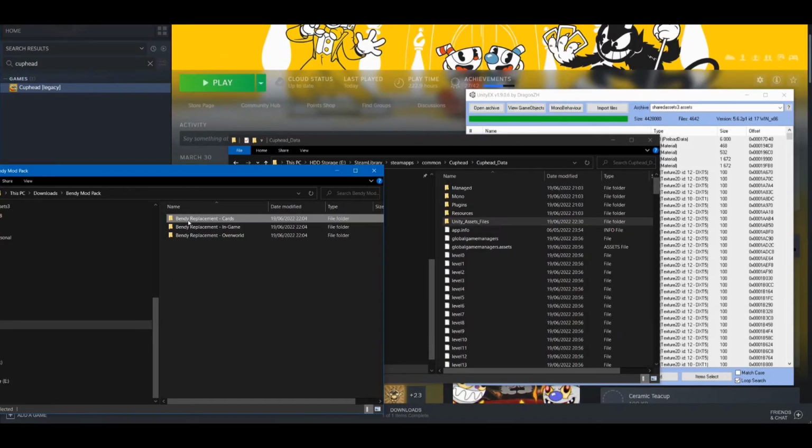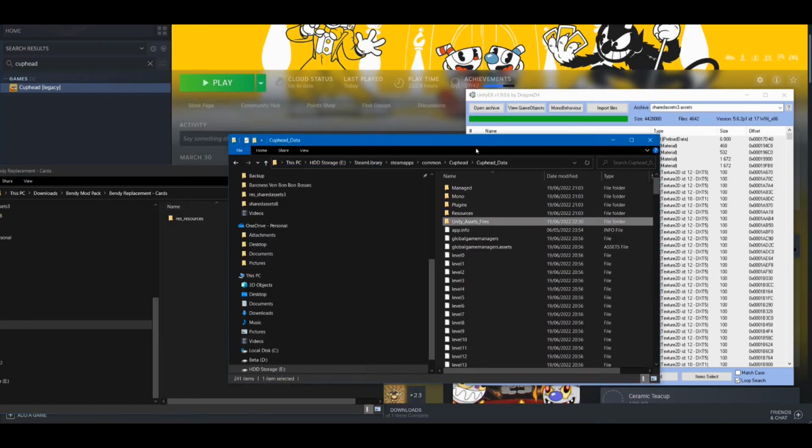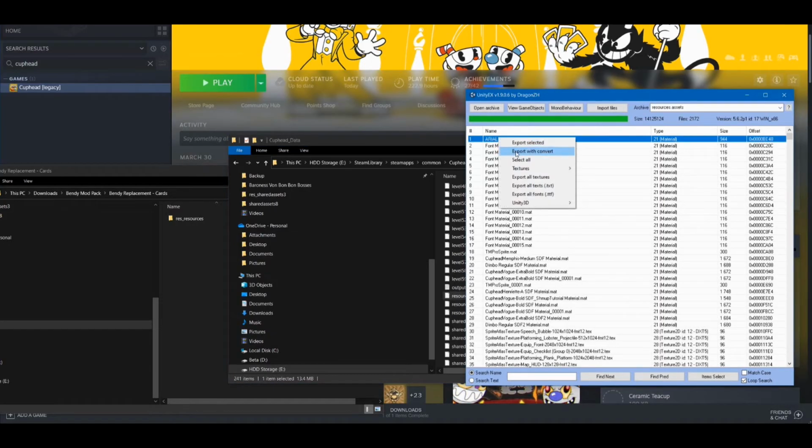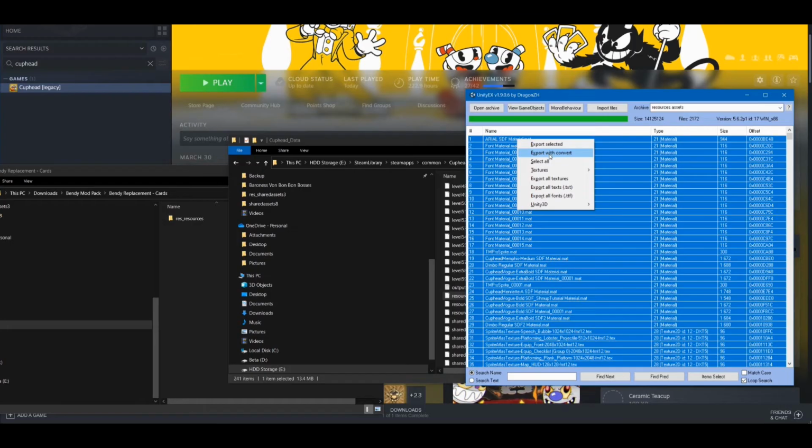To replace the equipment cards that you see when you are equipping items as Mugman and Cuphead is a little bit different. If you open the Bendy replacement cards from the Bendy mod pack, you will see that the folder is called RES Resources. We are still going to be installing the mod in the same way, although we are not going to be using a .assets folder. We're going to be using resources.assets. So drag resources.assets into UnityEX, select all, export with convert,